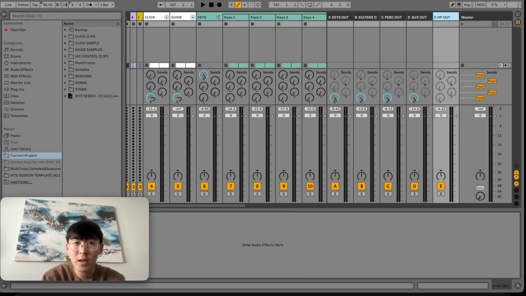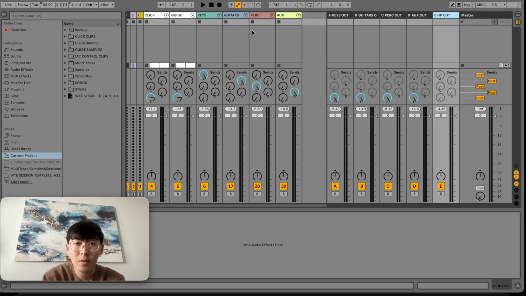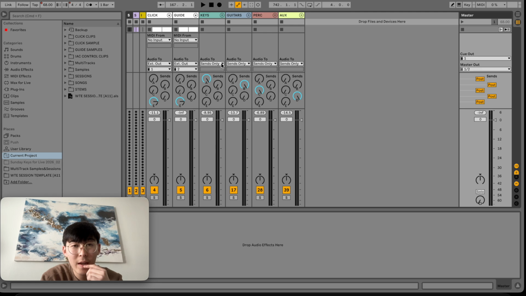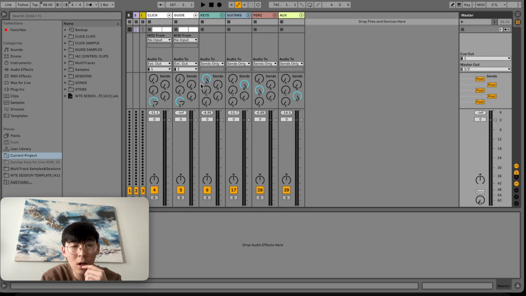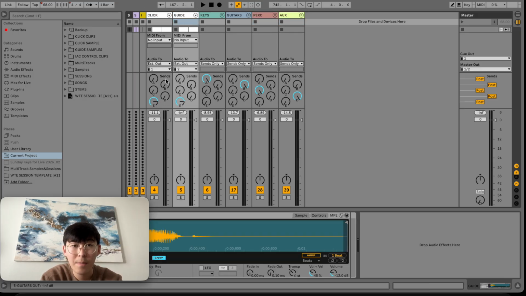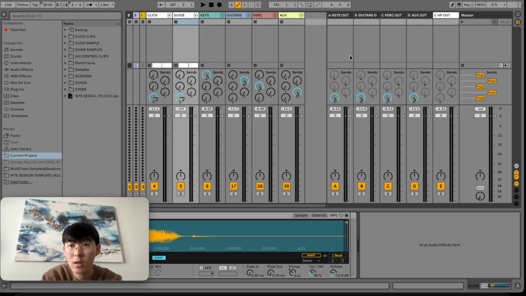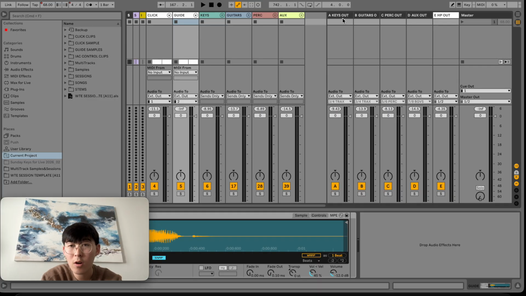And so these are just groups here of all the stems. I have the stems routed to sends only, and so all these wave files are being sent to return track A, guitars return track B, percussion C, auxiliary D, then click and guide are going to E. They're mono out, 1 and 2, and the rest should be stereo out. So you can see here 3, 4 guitars and keys are linked, 3, 4 out, 5 and 6 percussion output, and 7, 8